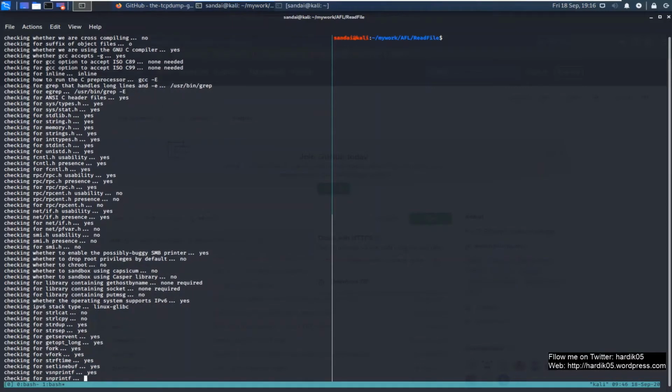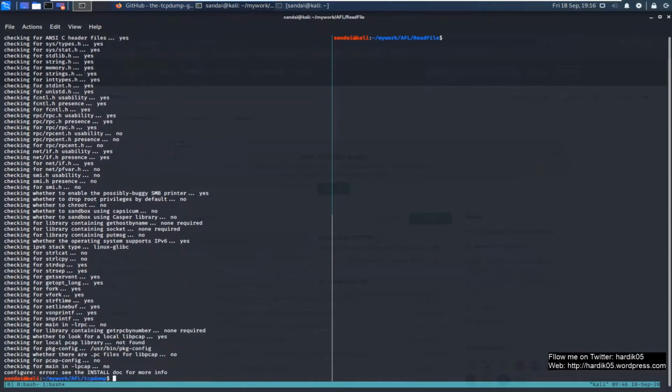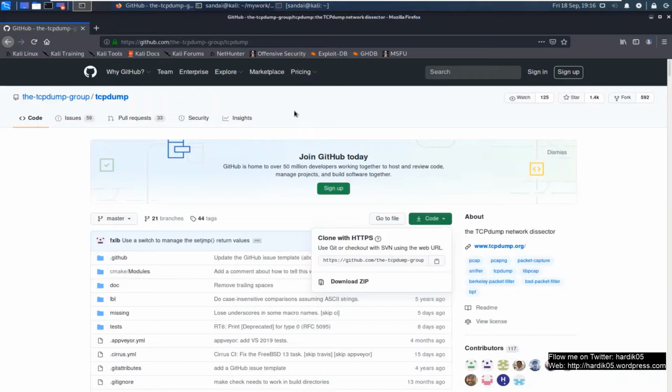So okay, we need to install pcap-config. I think we need to install libpcap, and the solution for this will be very simple.